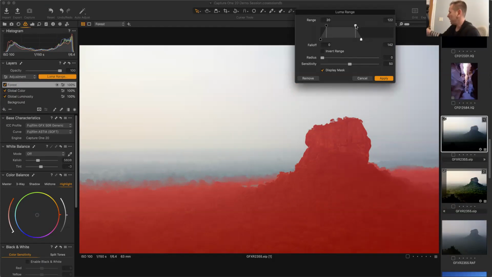Now that's the top. That defines the actual range that this can occur in. And then the bottom down here is essentially a feather. So this allows us to feather the effect more or less. So I'm going to